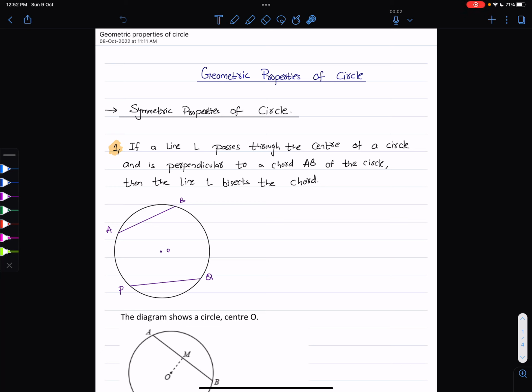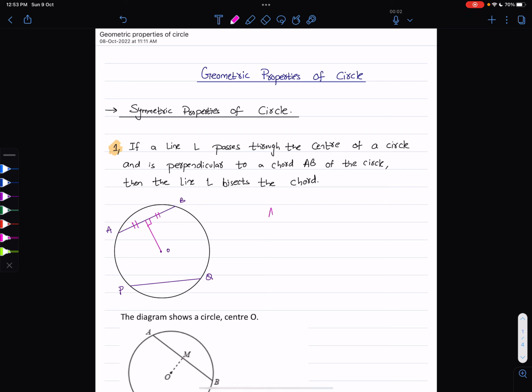So the property says that if there's a line L that passes through the center of the circle in such a way that the line is perpendicular to the chord, then that line is going to bisect the chord. It's going to divide the chord into two parts. So if I draw a perpendicular line from the center of a circle to the chord, it is going to